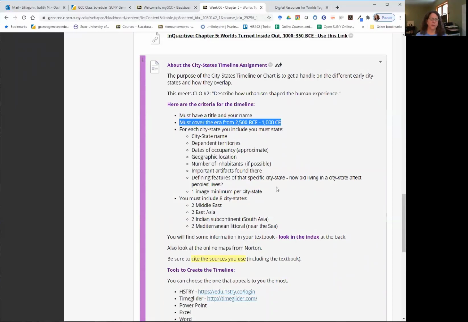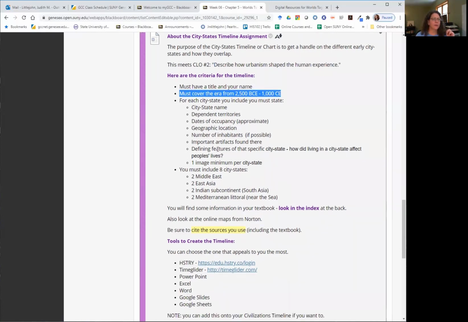What was the most notable feature of that city-state? And then how did living in the city-state affect the people's lives? That directly links back to that learning outcome: how did urbanism shape the human experience? And some kind of an image from the source where you're finding the information about the city-state.